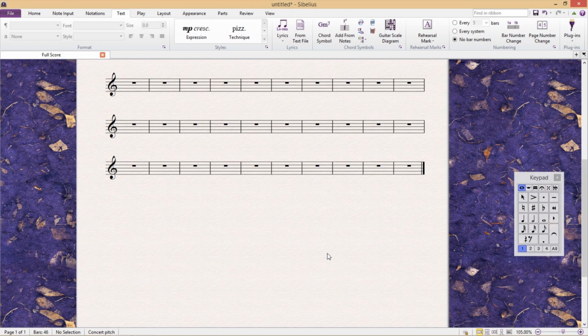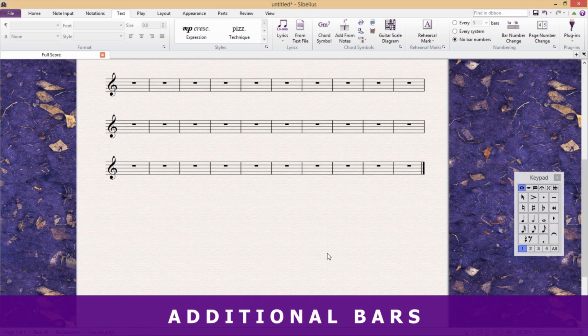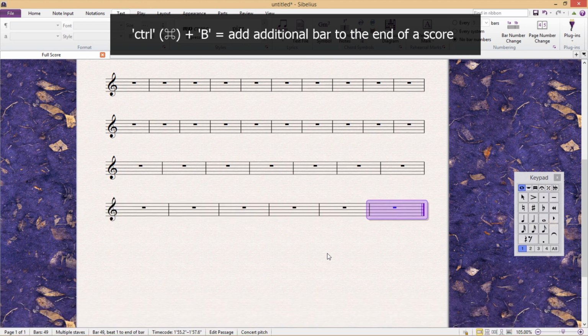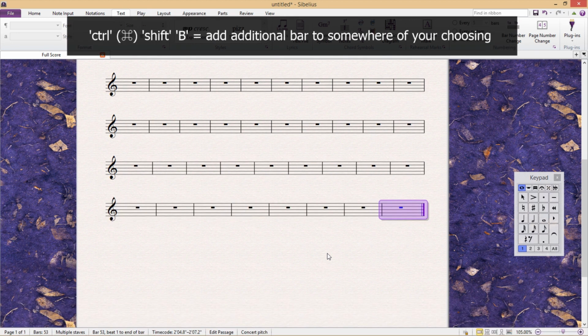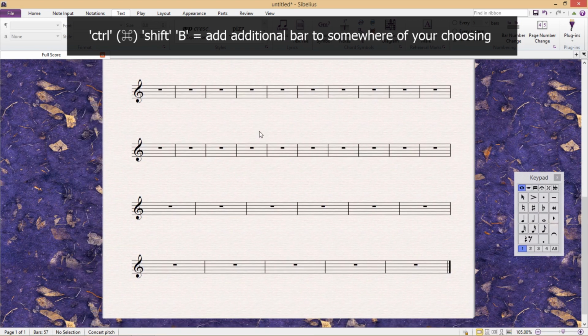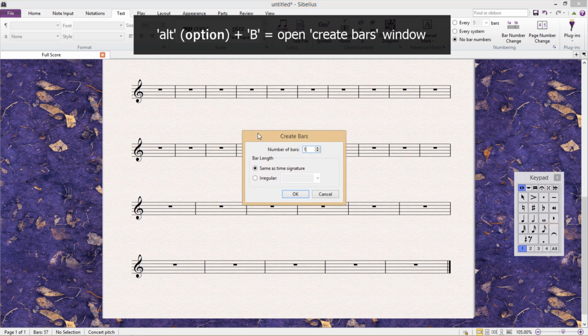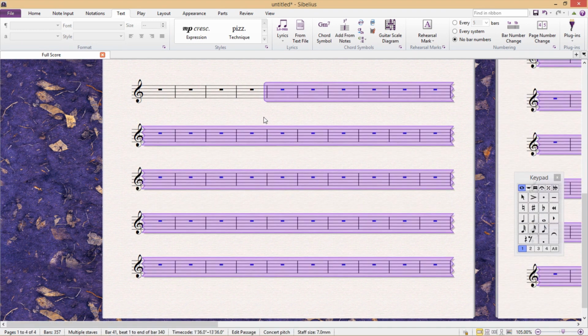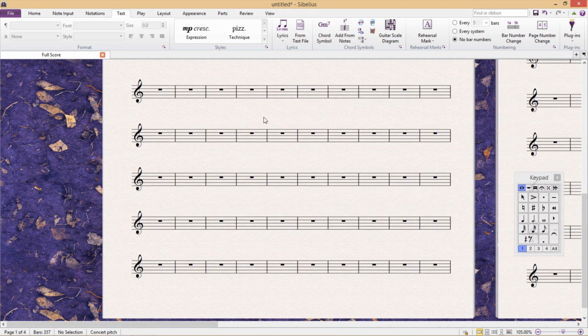Another very important hotkey for notation is Ctrl-B. This will add an additional bar to the end of your score. Pressing Ctrl-Shift-B will allow you to add a bar anywhere within your score. If you require many new bars or irregular bars, then press Alt and B to bring up the Create Bars window. So we've now discussed the hotkeys that are the most important to notation,